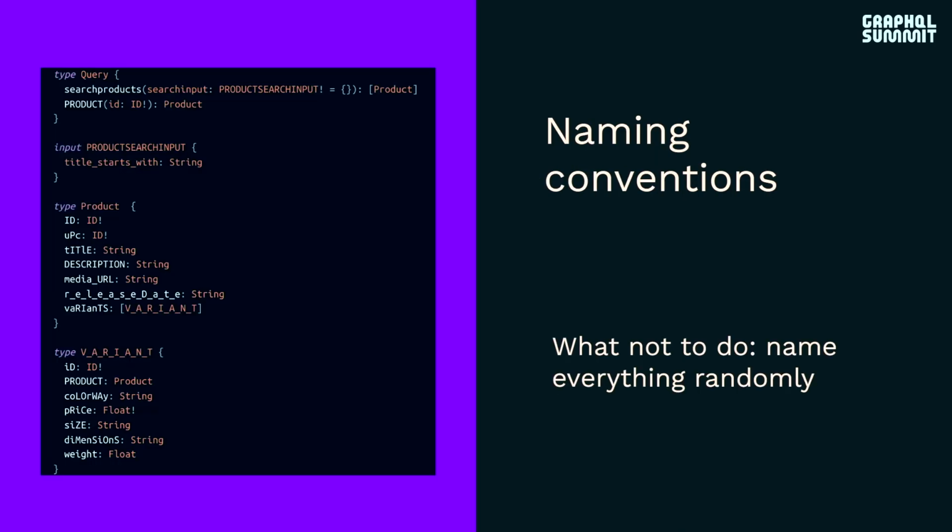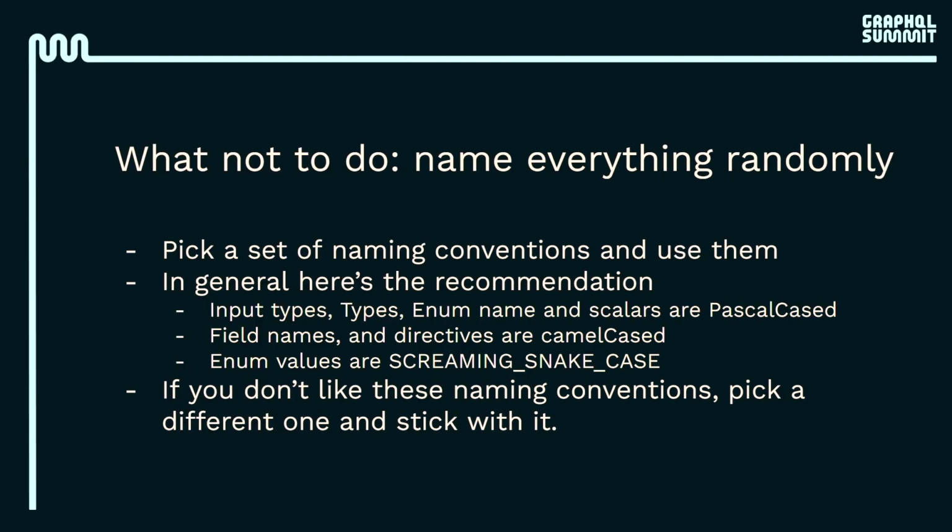Schema is the easiest one that we can all talk about, and one of the easiest things to talk about is naming conventions. The worst thing you can do is just randomly name things. That's how you can make everything feel bad. It's going to be painful to go through things. The easiest way to fix this is to just pick a naming convention. It's really not that deep. Pick something that you can stick to, because the worst thing you can do is pick something, then flip, then flip, then flip, and you're back in a random naming scheme again.